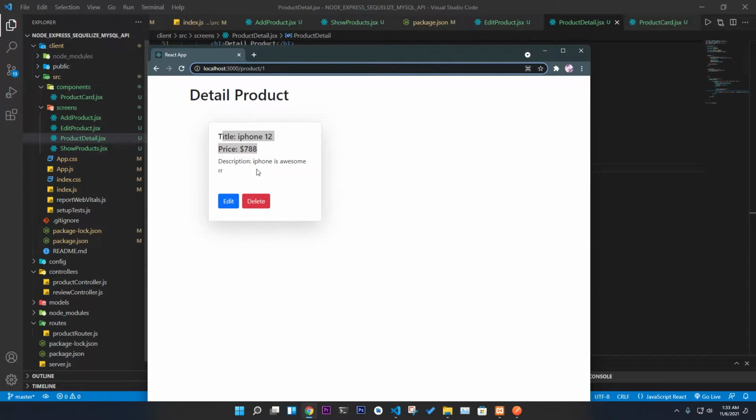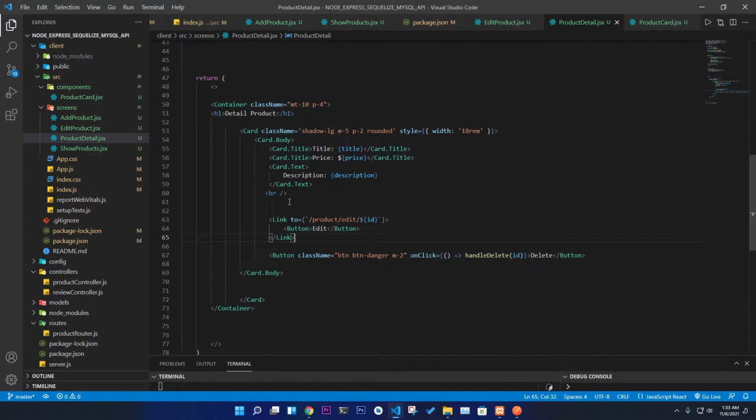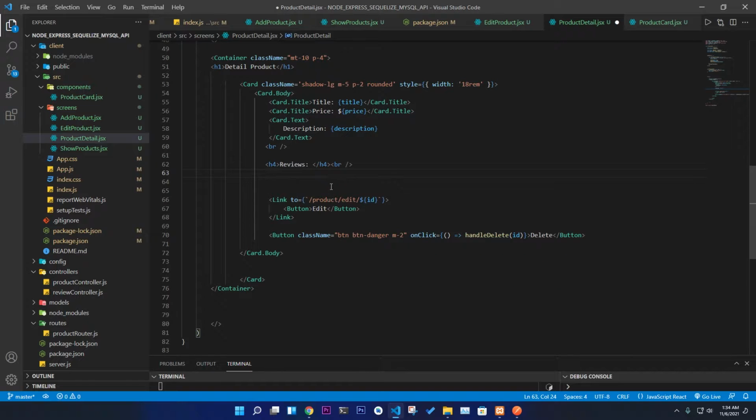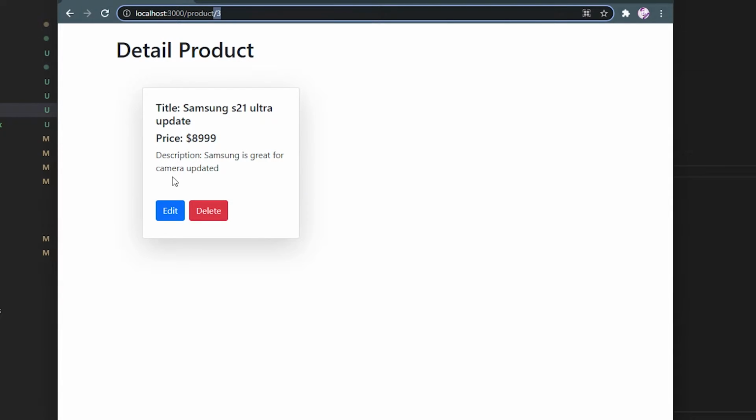If we go and see the product ID of 3, the Samsung, this one, it has 3 reviews, so we need to parse it here. For that we need to add a br tag. After the title, price and description, I need to add something, you can write an h4 tag, and here we have reviews. Okay, here we'll have all the reviews, and you can use a br tag after that as well. You can have the whole review section here, which will be above the edit and the delete button. So if you save that,